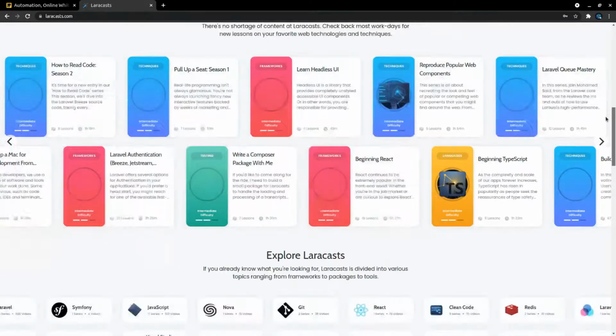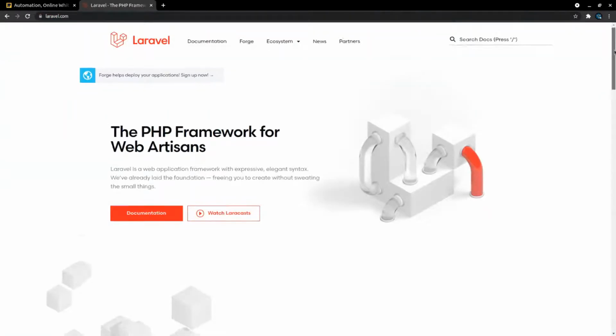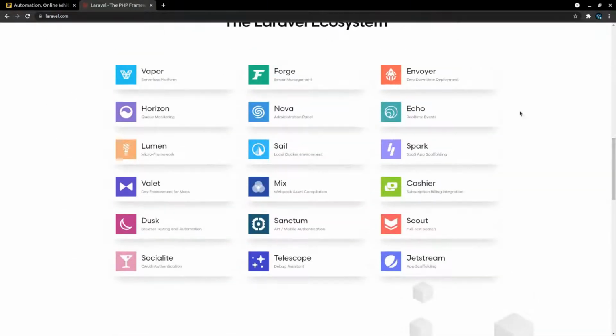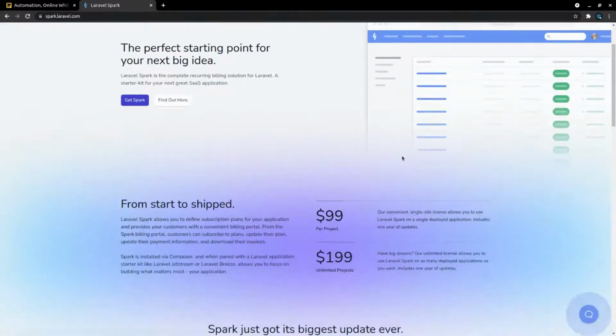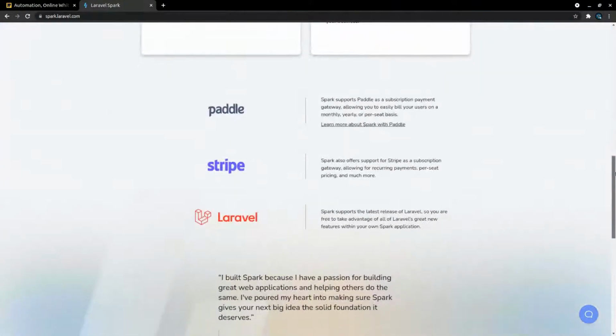In fact, that kind of ties into Tom's question. If I wanted to do payments, I would use Laravel Spark for that. So I use Laravel on the back end, and they've got this tool called Spark. It's very inexpensive for what you get. So for 99 bucks, I get a project and I can start doing subscription payments with virtually no work. So this hooks into my Laravel application. It creates a separate page for your payment portal, which is really great because it means that you can't mess with the code as easily. It just sits on its own area within your application, and it supports Paddle and Stripe.